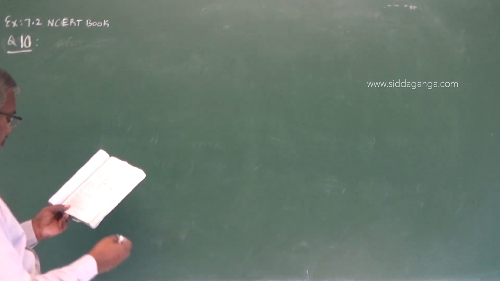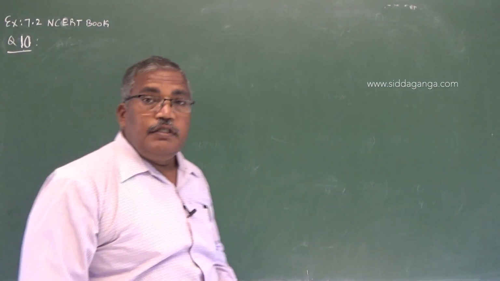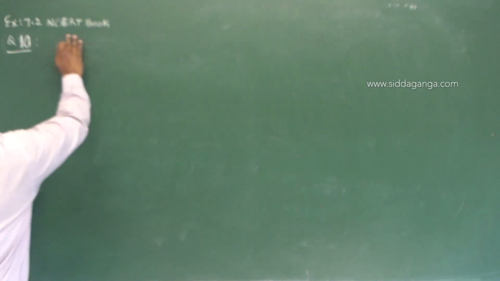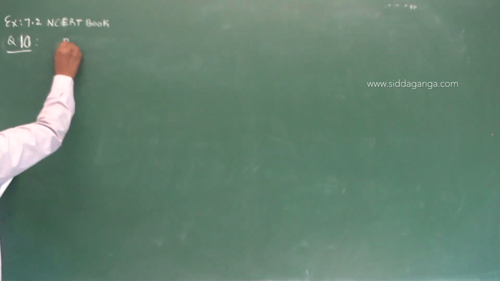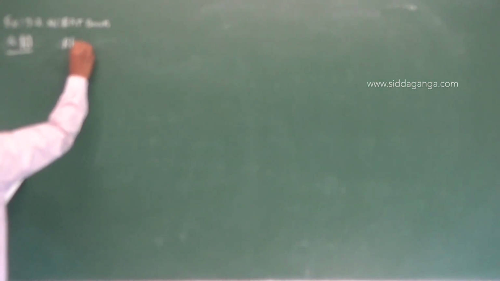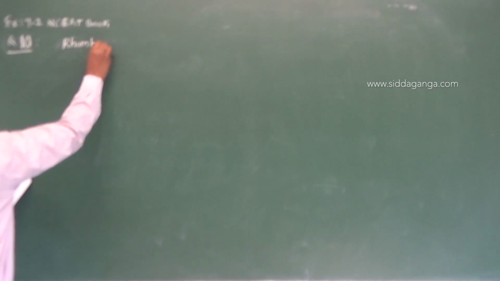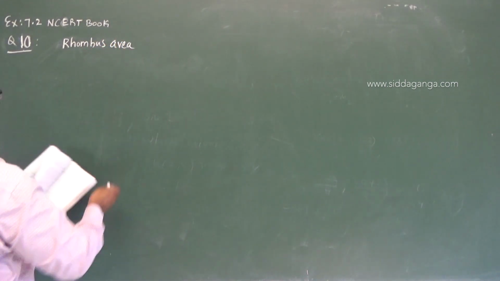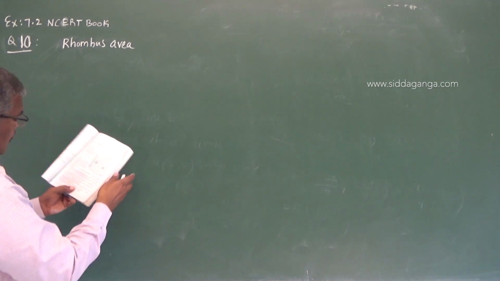Find the area of rhombus if the vertices are... rhombus area we have to calculate. The vertices are